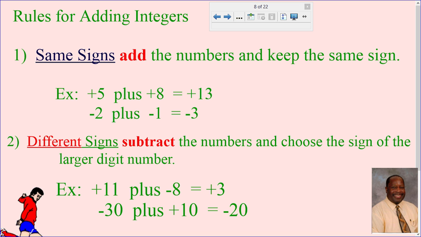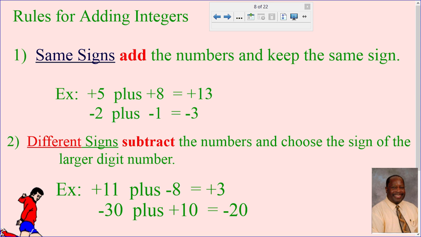Why did we add the numbers? Because the signs were the same. So again, same signs, add the numbers, and keep the same sign. Rule number 2. When the signs are different signs, subtract the numbers and choose the sign of the larger digit number. For example, positive 11 plus negative 8